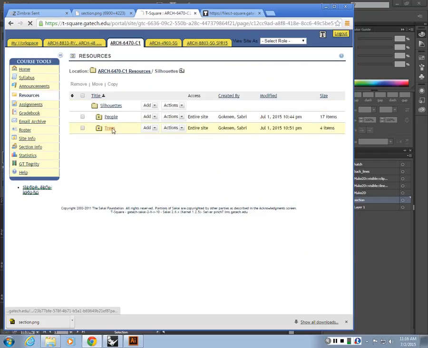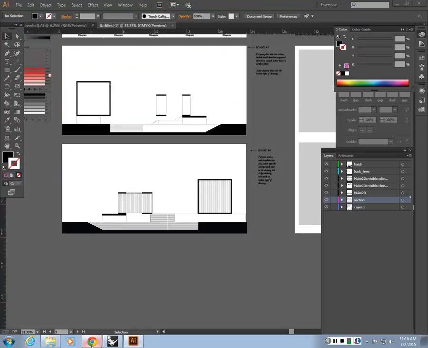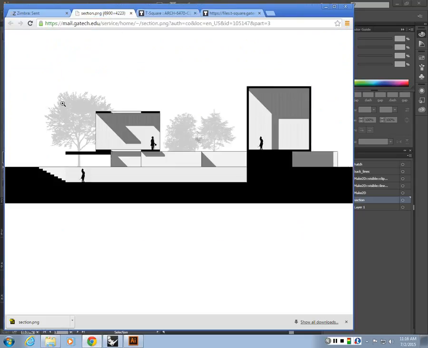So one thing I added to the trees was transparency. In this image, I added some transparency and overlapped them, changed different sizes, so you can just make it more interesting, right? So it's like a background. I put them mostly on the background, and don't add them like full black. I added the silhouettes black because I think they complement the section, but I like the trees kind of lighter